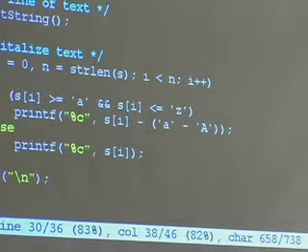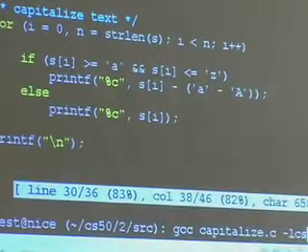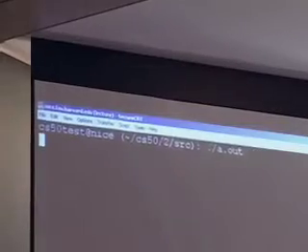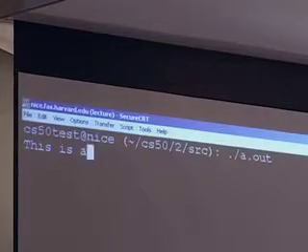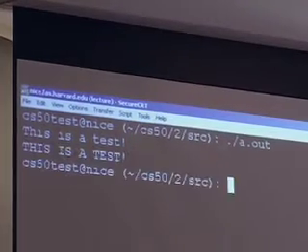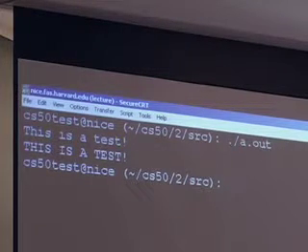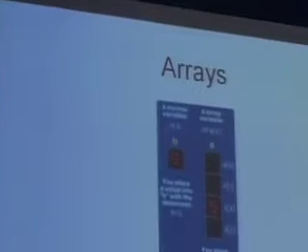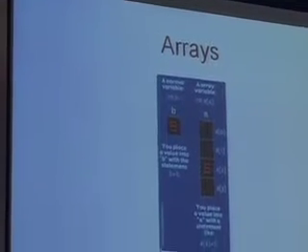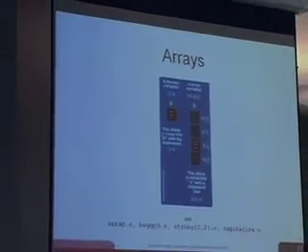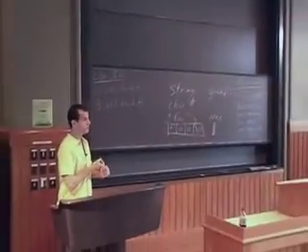If I go ahead and compile capitalize.c, notice that what we have is a program that when run just gives me a blinking prompt, and I might say this is a test exclamation point, and it does appear to capitalize everything without messing up, say, punctuation or changing what was already, like the capital T, an uppercase letter in the first place. So that integrates the ideas of loops iterating over strings as though they're arrays of chars, and also pulling back into the conversation casting, as it were, and also these conditions.